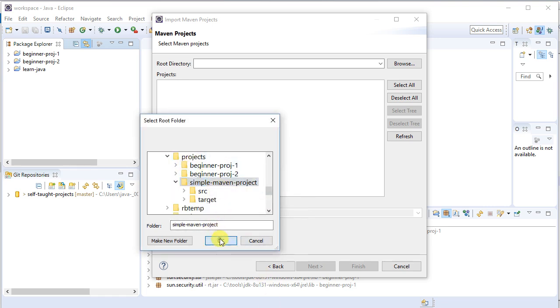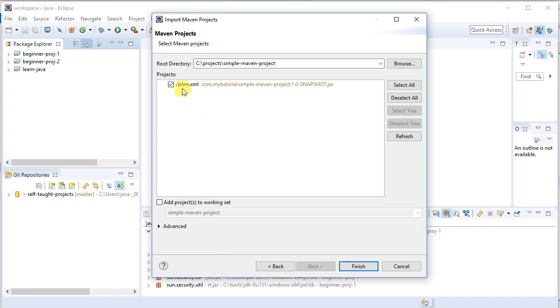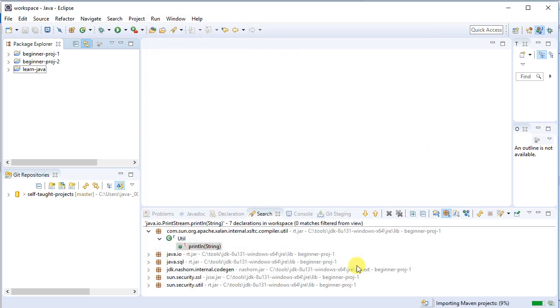We select that project and it automatically highlights the pom.xml file. POM stands for Project Object Model. So the pom.xml file is where you specify how to manage and how to build a Maven project. Each Maven project will have this pom.xml file. So you click on Finish,